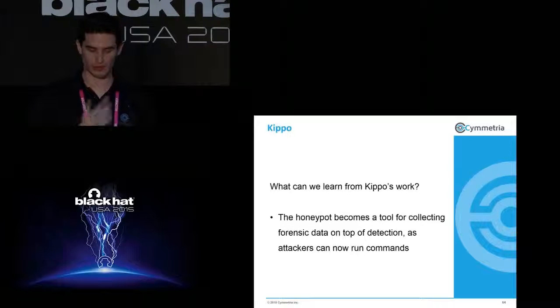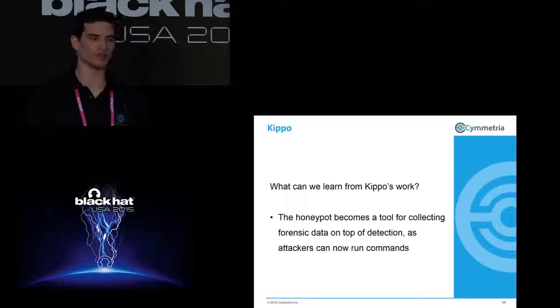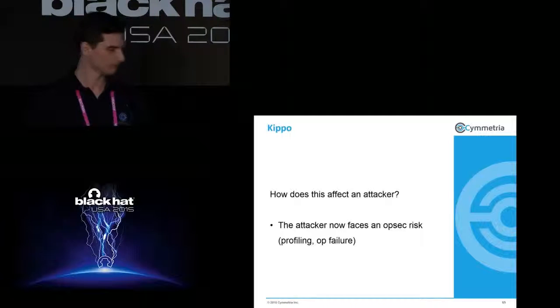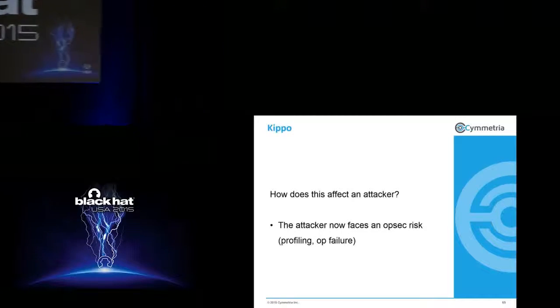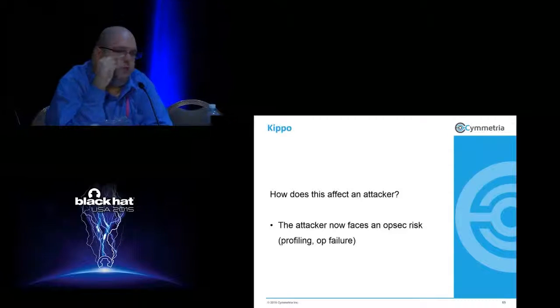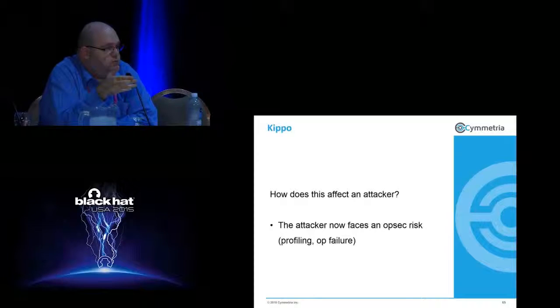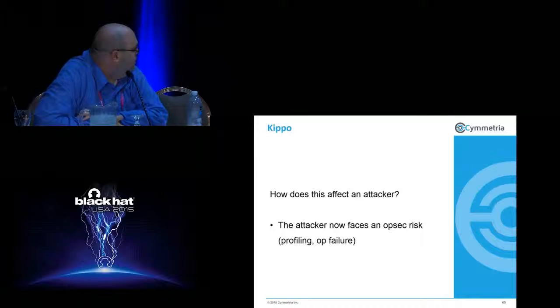And what we learned from Kippo is that a honeypot can be used as a tool not only for detecting, not just for saying you have an attacker and he used that IP, it's also for trying to start collecting forensic data, because that's the thing that will allow you to mitigate that threat, right? And essentially we see it when it's doing the wget, or seeing which commands that attacker is running. So this is a major shift, in a way, when we move to medium interaction honeypots. Because again, we're talking about defensive technology, which is honeypots, but they interact in a way with the attacker. And the key issue here is you can start profiling the attacker. Essentially,